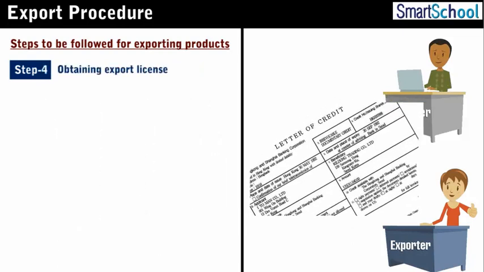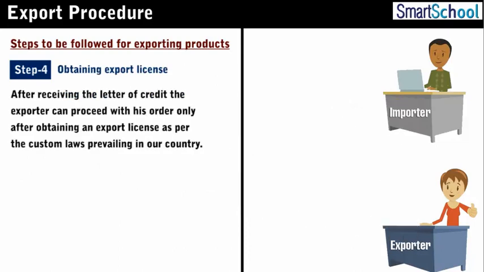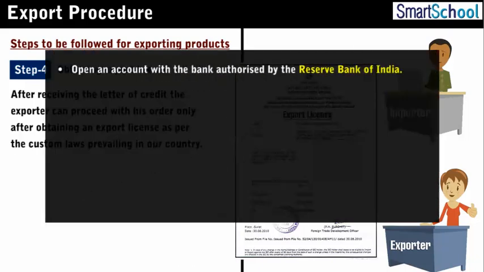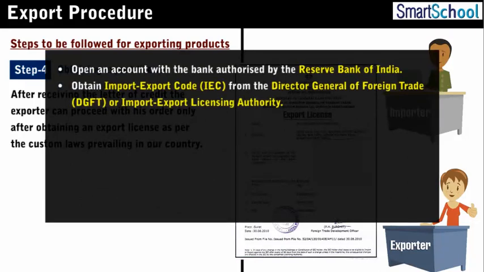Obtaining export license. In this step, after receiving the letter of credit, the exporter can proceed with his order only after obtaining an export license as per the custom laws prevailing in our country. To obtain the export license, it is obligatory for the exporter to fulfill the following conditions. They are: open an account with the bank authorized by the Reserve Bank of India, obtain Import-Export Code IEC from